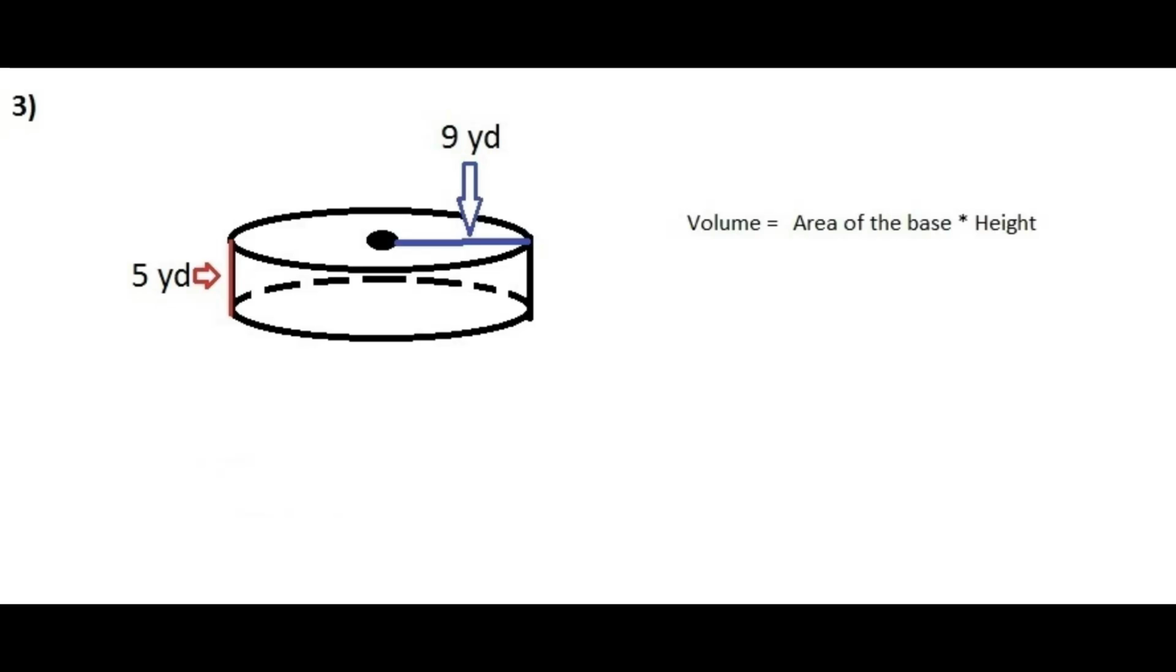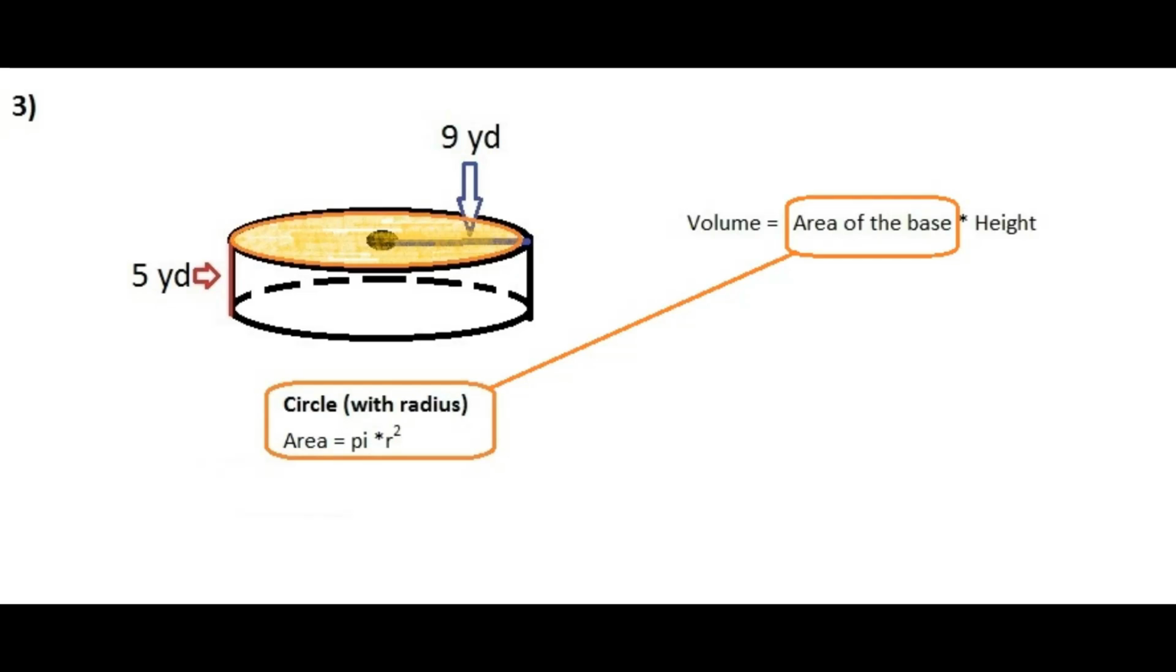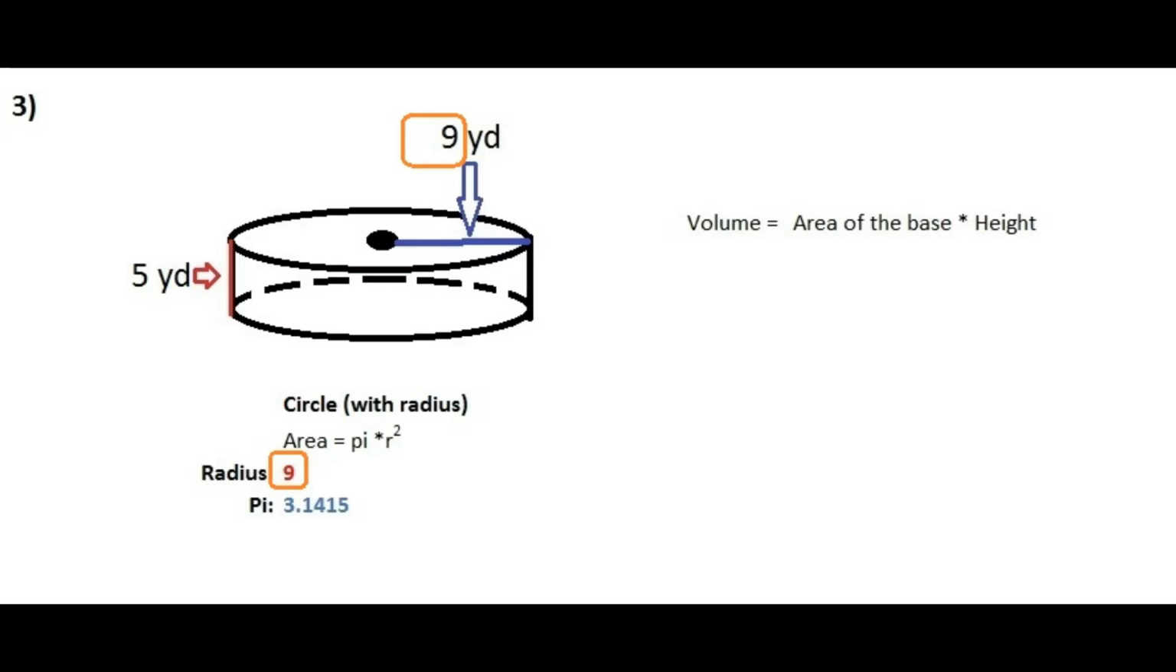Okay, so how are we going to attack this? Well, first, let's find the base. The base, of course, is a circle, and we have a radius that's already been identified for us. That's the area of the base, and we know that the height is 5 yards. So our radius is 9, and if you look at pi,